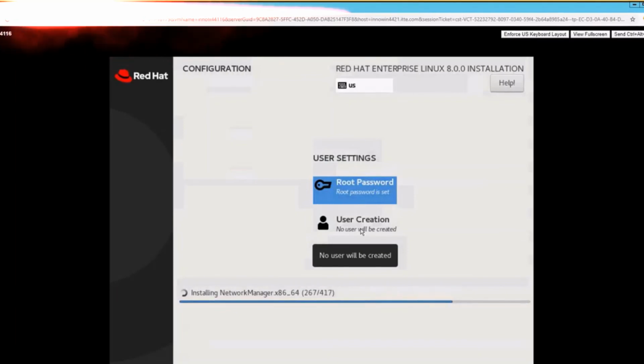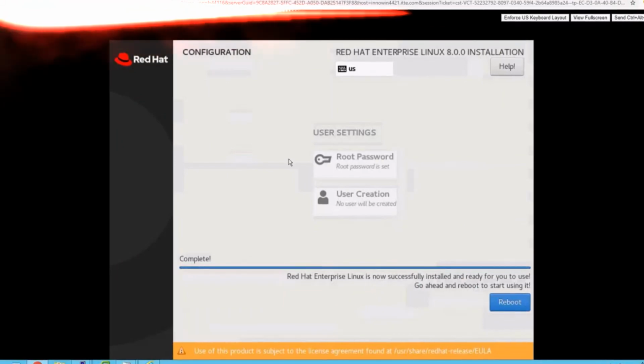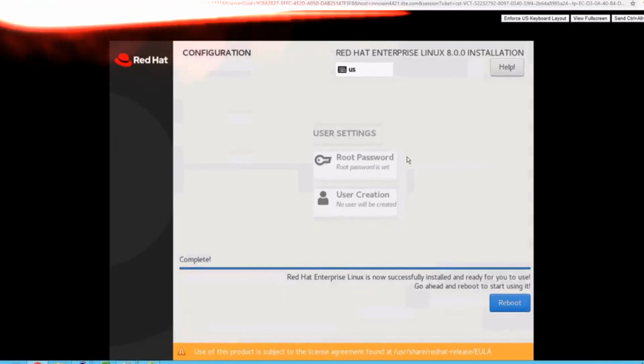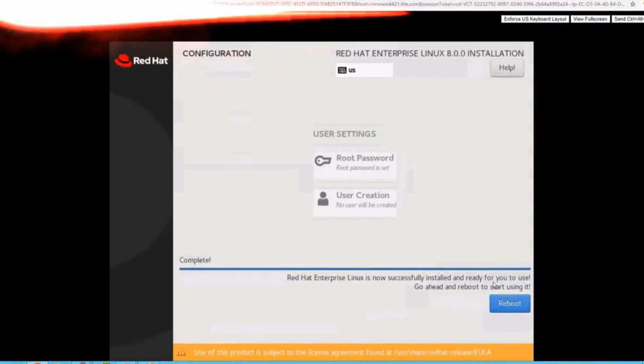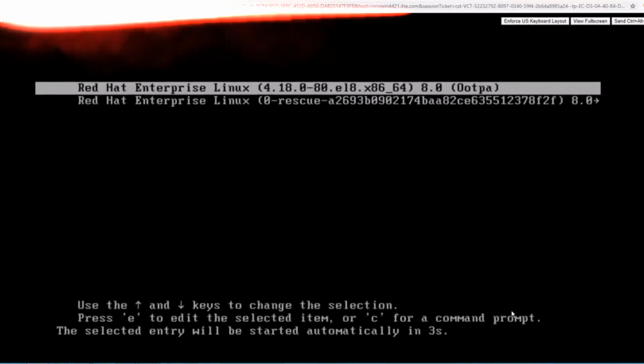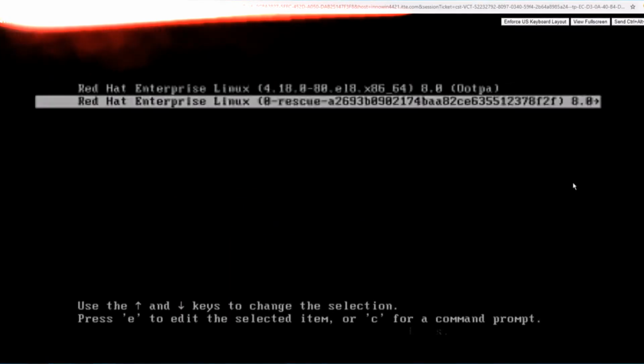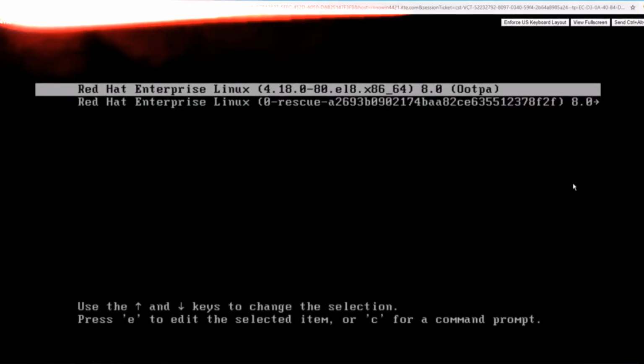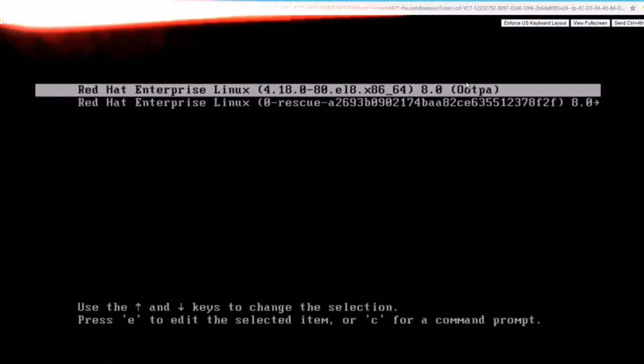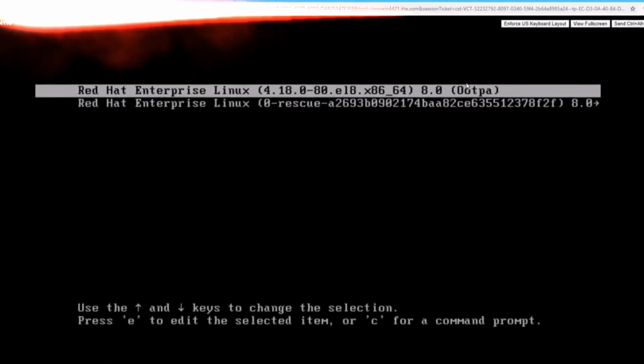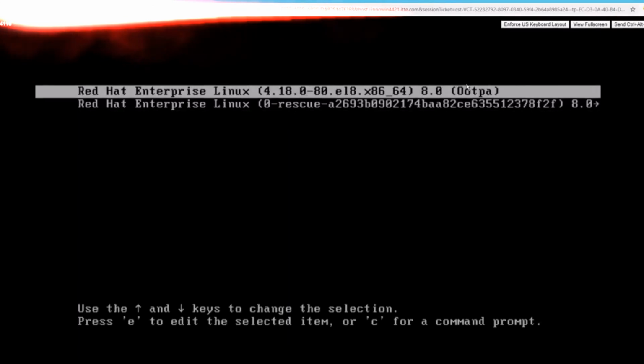I will show you. See, this server has been installed, and now you can see it's asking for reboot, and I am going to reboot the server, and it's terminated, and after that it will show me, see, this is the window. This is Red Hat Linux 4.18, and the second one for the Grub, and I will click enter, and automatically it will boot, but I will stop this.